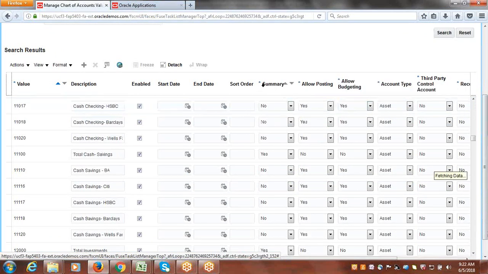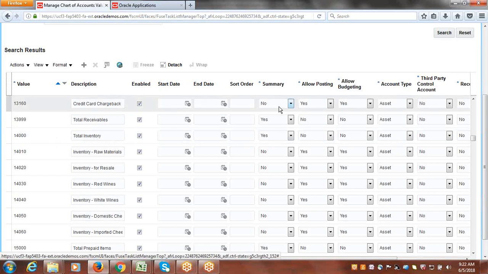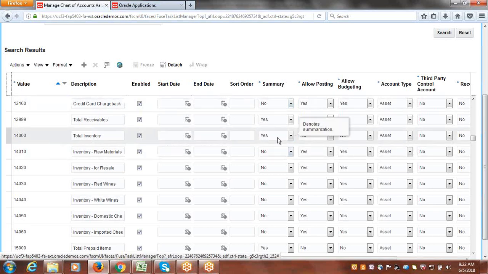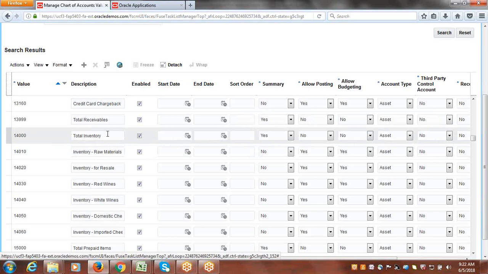So it is setting, by default, allow posting and allow budgeting as yes. And if you notice this 1400, it is set with summary as yes. That is the reason it is setting allow budgeting and allow posting as no, because it's a parent. 1400 total inventory, you could see in the sheet it is maintained under